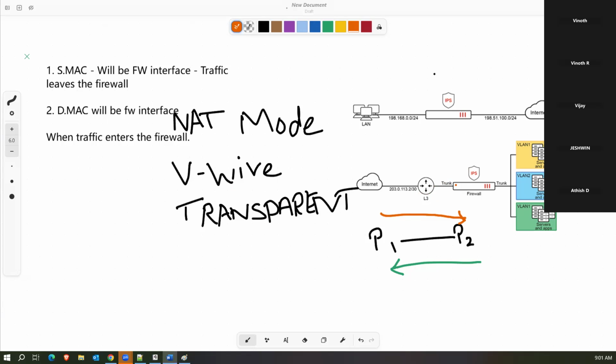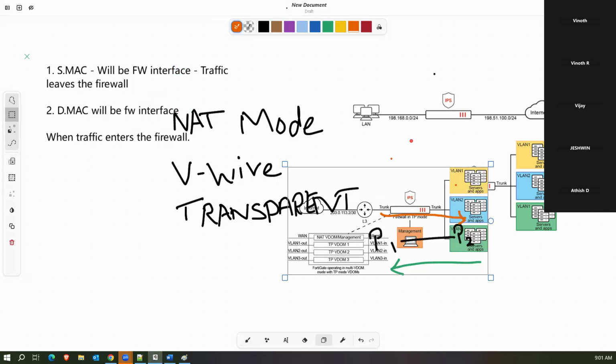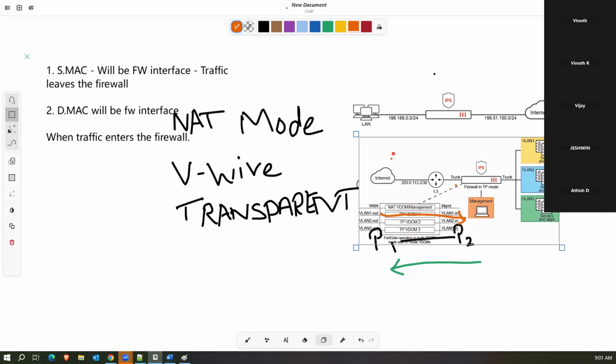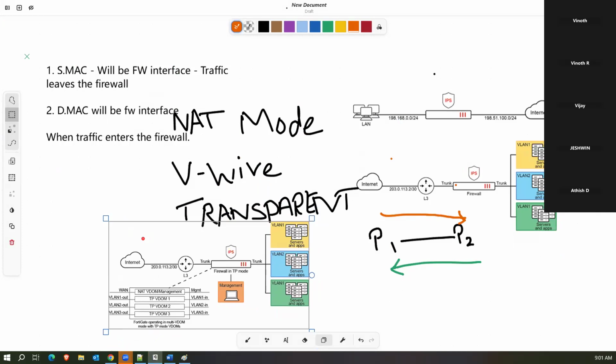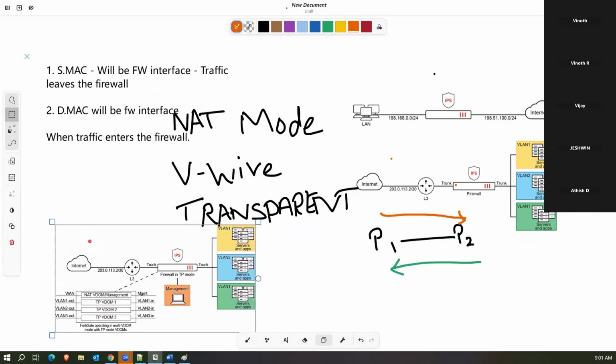So let's discuss the transparent mode now. One moment. Okay, let me place it here. Okay, so